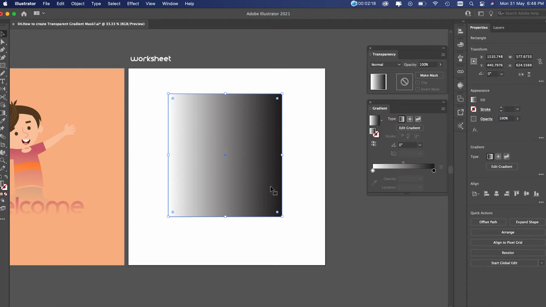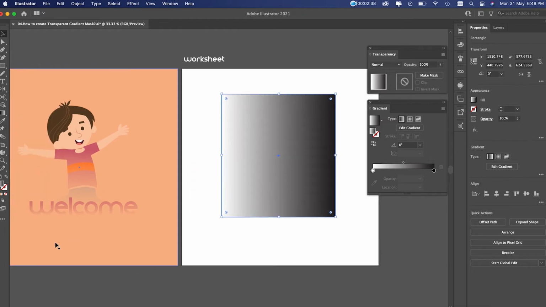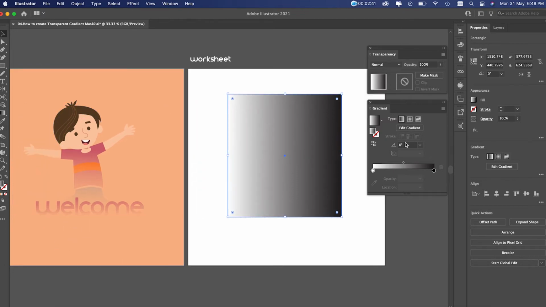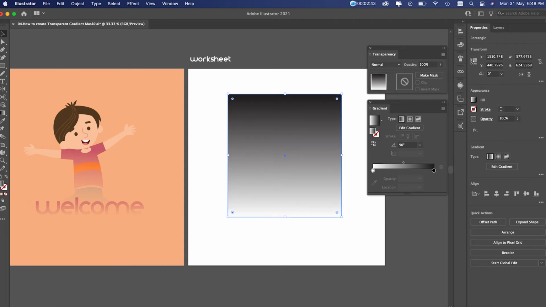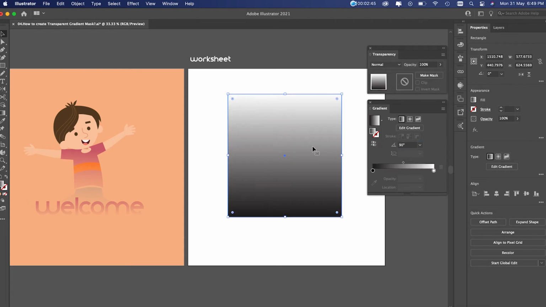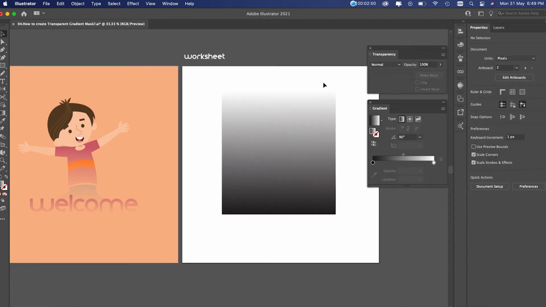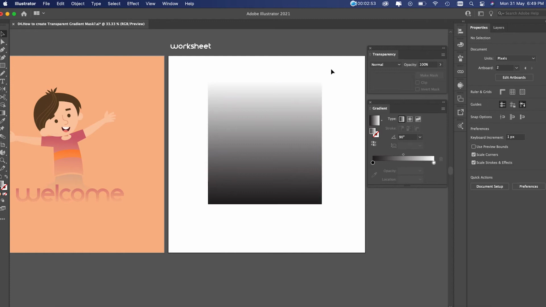Now the logic of transparency is whichever is black will be with the opacity 0, and whichever is white will be with the opacity 100%. The medium grayscale will be the partial fade out option. Fade out effect will be coming with that grayish option. That is how the logic is. Here we want the transparency from the bottom to top, so let's reverse it. Now the bottom will be fading out and the top will be much more visible. Now we have created a gradient.